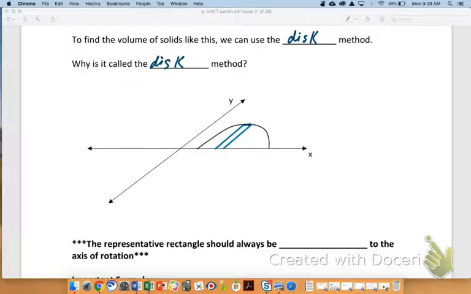Just like we did in that little animation, we're going to rotate this around the x-axis. I usually will draw something like this in to help me remember what I'm revolving around. This might take me a try or two, but I will do my best. As I revolve this around, I'm going to get